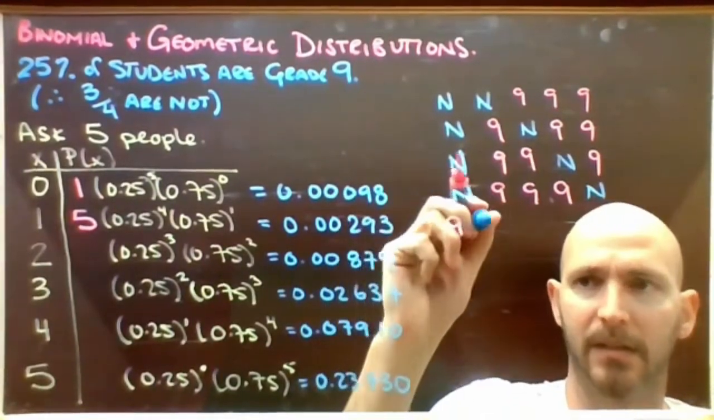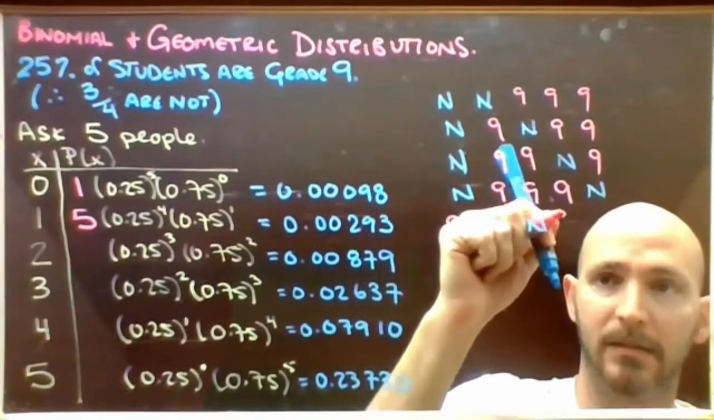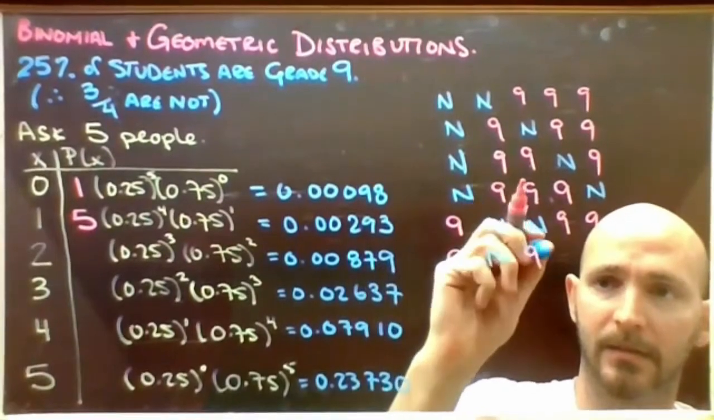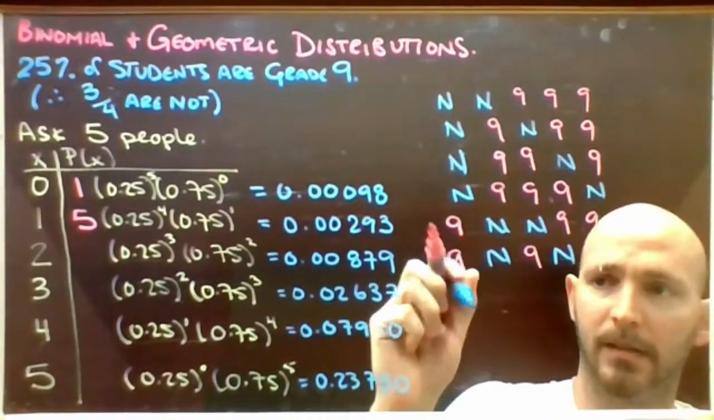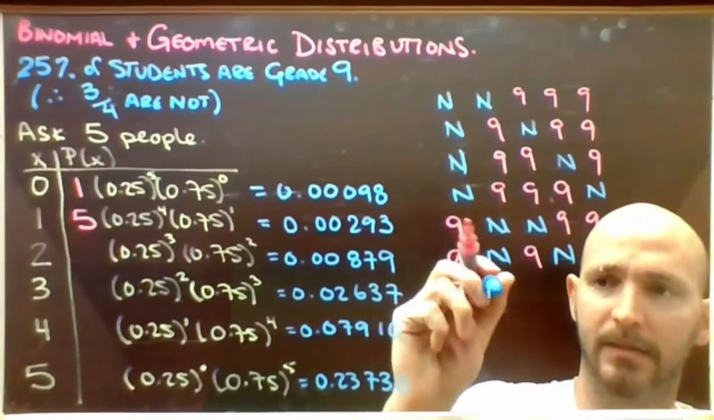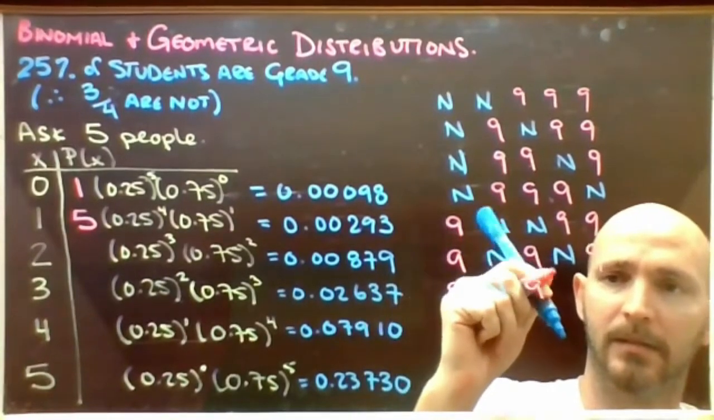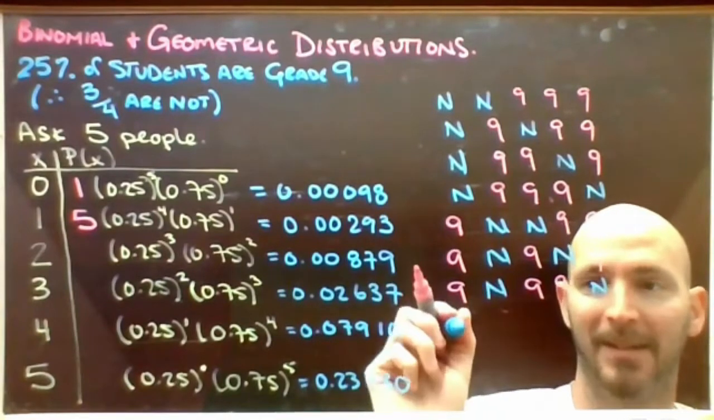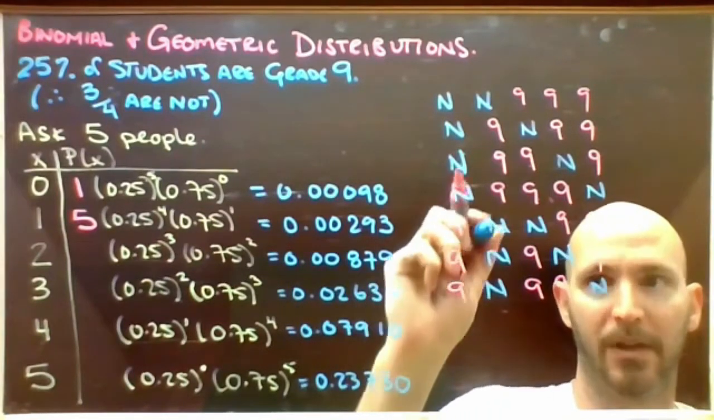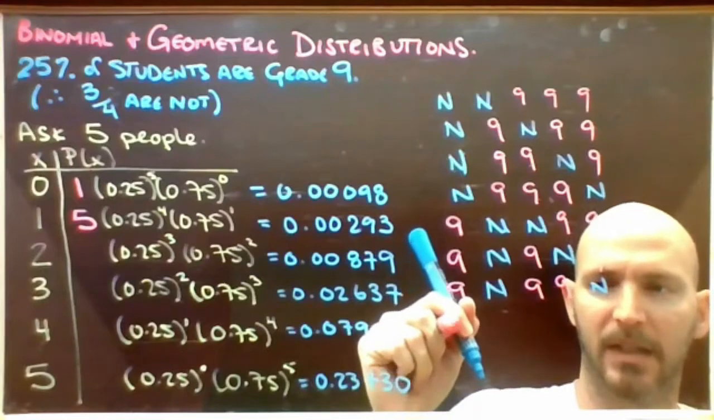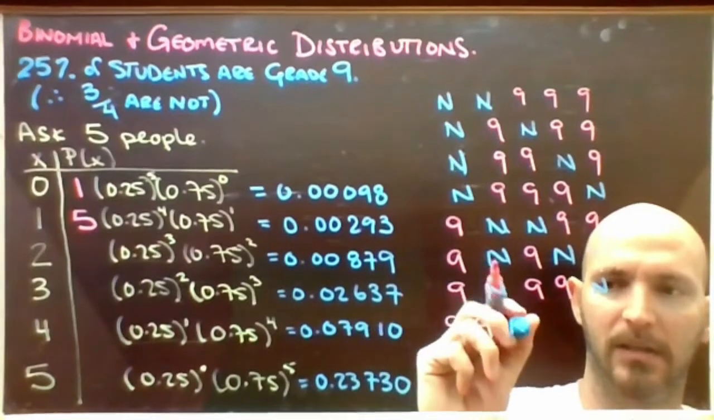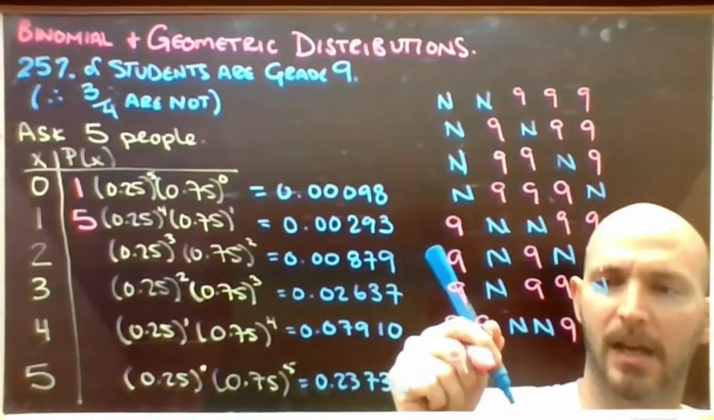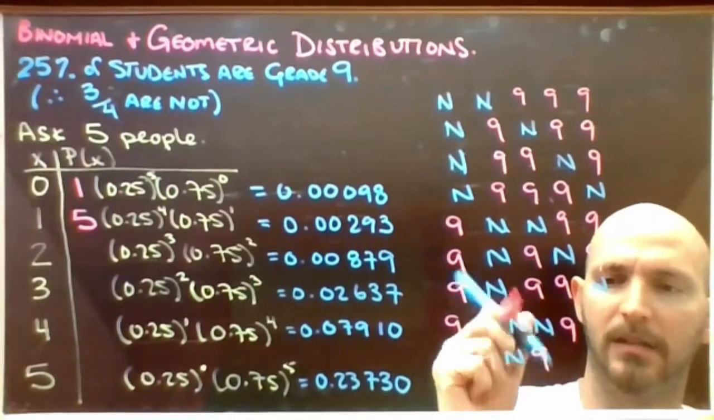So maybe a non, and then maybe like this. And then like this. And then like this. That's all of them where they're in the second position. So how about 9, a 9, a non, a non, a 9, a 9, a 9, a non, a 9,